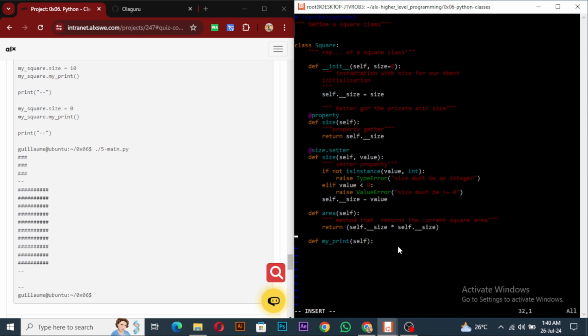Okay, and let me delete that. So I'm going to want to document this, and it says print representation of square with this character, and then I'll end it that way. Okay, so now what we want to do is, the major thing we have is the size, which is a